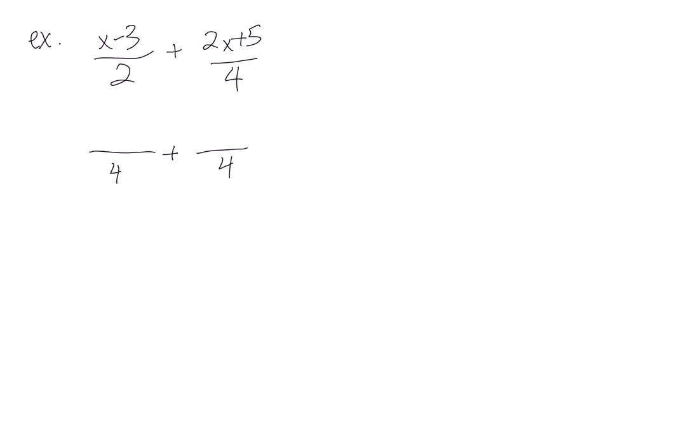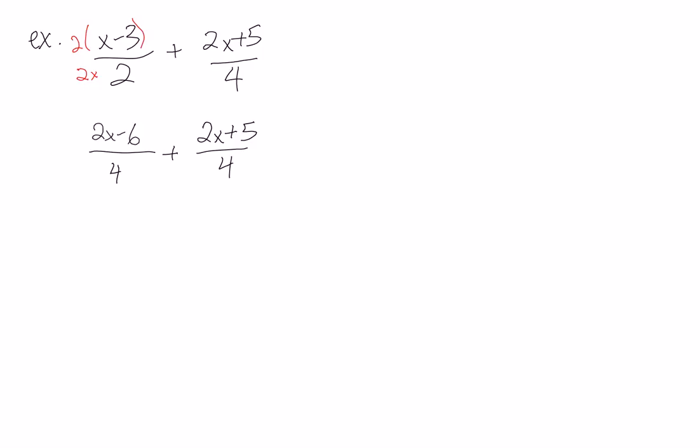So in this case, 2 will go into 4, so we can make our denominator 4. Our second fraction, you can see, doesn't change. So the only thing we're going to have to do differently is times our first fraction by 2, and we want to times everything by 2, top and bottom. So when we do that, times the top, we'll get 2x minus 6. So now that we have the common denominator,